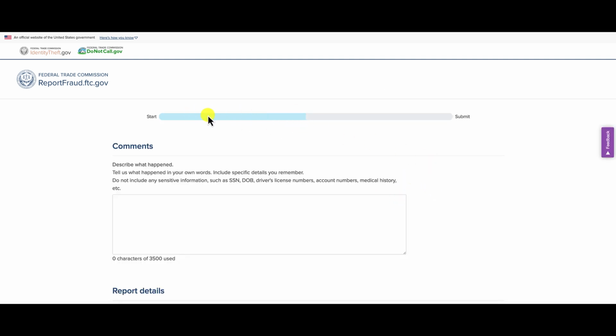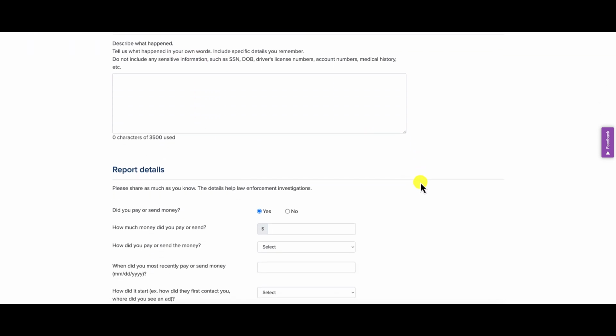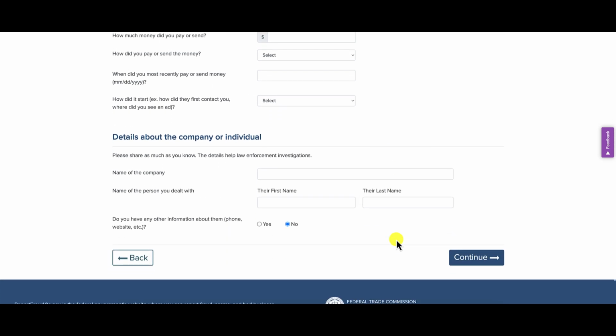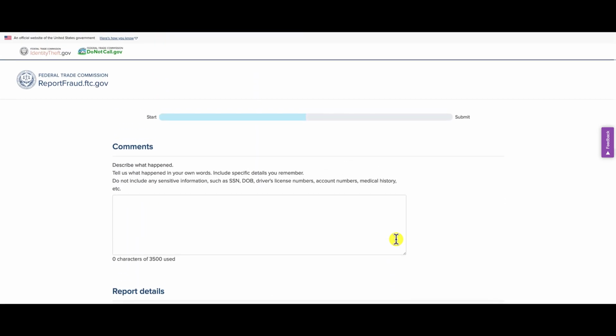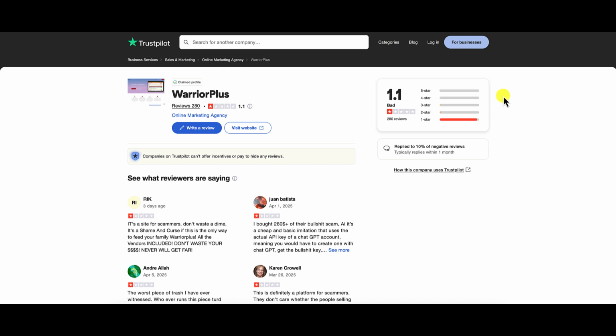Enter in your comments. You can see right here. Tell them what happened, right? Obviously, don't put any sensitive info. And then you fill out all this information in here. You fill out as much or as little as you want, okay? It's up to you. Fill out that information and submit your report. This is the only way that you can make change, guys, okay? Posting on Trustpilot is a start, but if you truly want to make change, then you got to report it